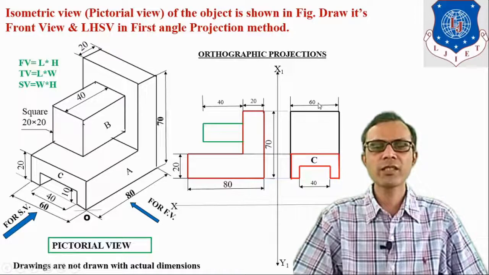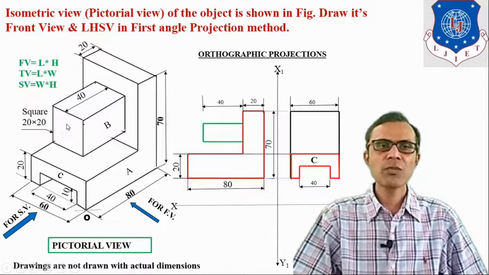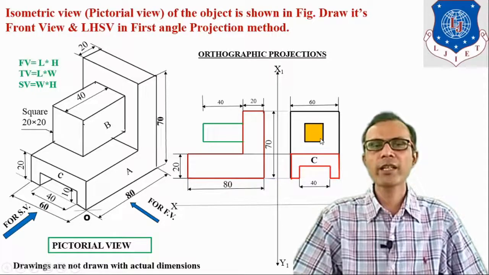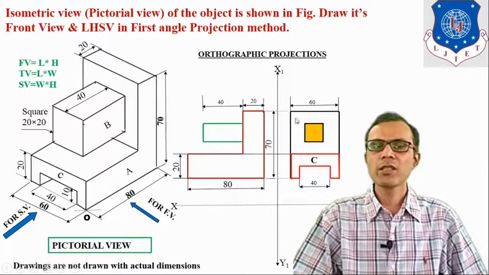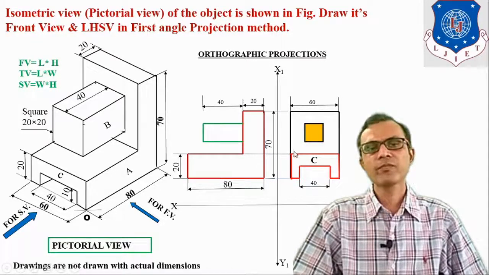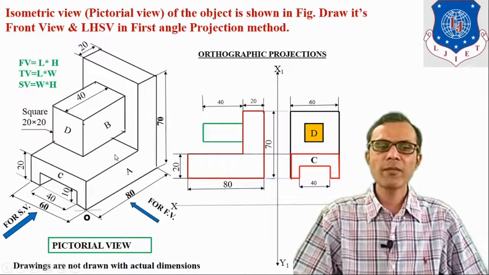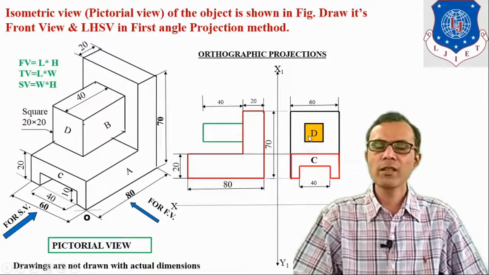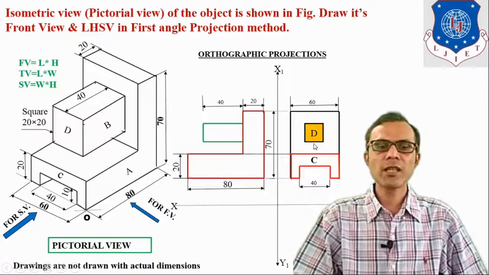So this total width is 60, this width is 40 mm, and this block will look like a square of 20 by 20 that will be located at the center of 60 and at 50. So it is located at the center, a square of 20 by 20 mm size. That would be D surface from the side view. So it is shown here by the D surface. It is C surface, actual shape you can see here, it is inverted C shape. That exactly inverted C shape is drawn here. So C and D surfaces are drawn.